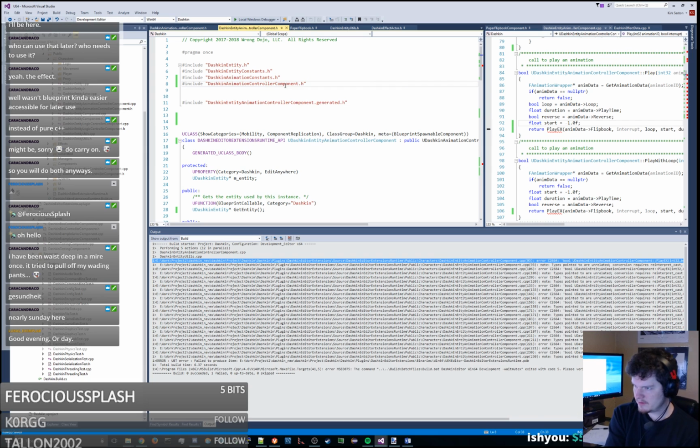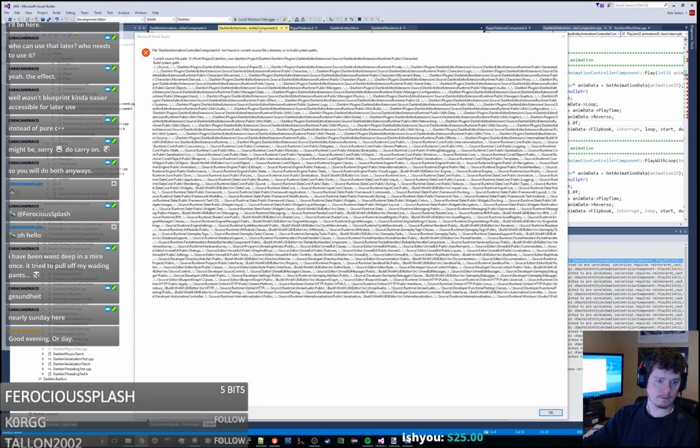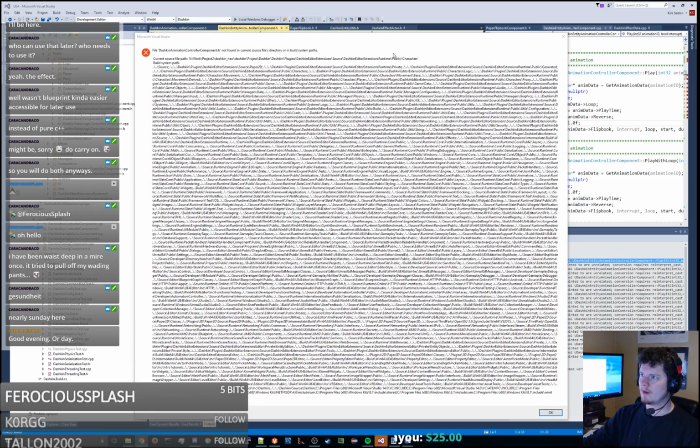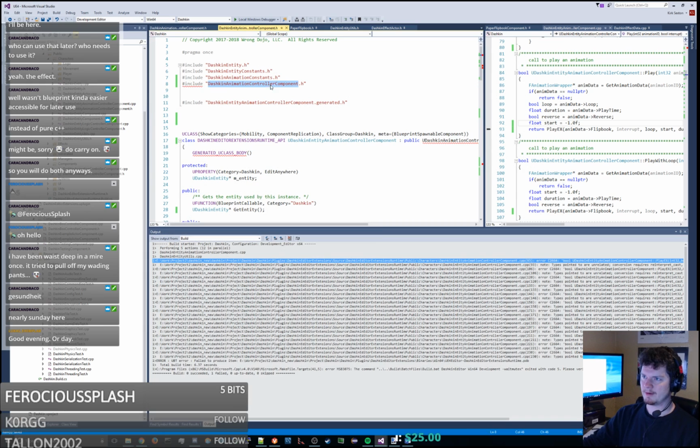Good afternoon, Lucas. We're just working on refactoring some of our animation controller code so that we can play animations without having a Dashkin entity, which will allow us to play animations on our effects nicely. So we could not open our Dashkin animation controller component, so